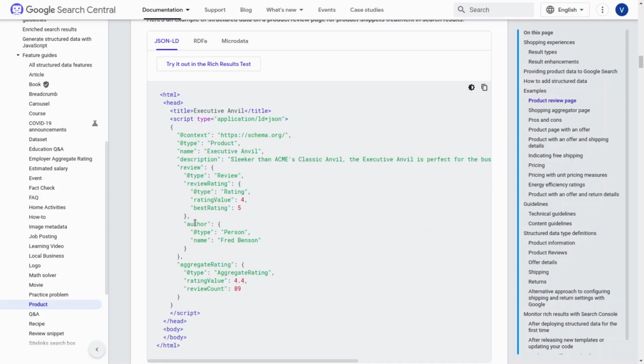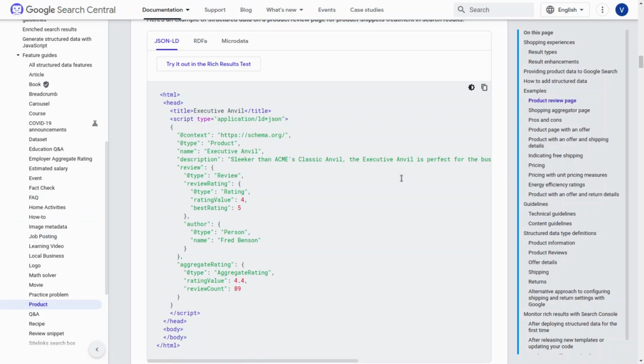There's the author, aggregate rating, return value, rating value, review count. With respect to your website's content, you can move towards the carousel, breadcrumb schema, or event schema. There's also a job posting schema, like this one.